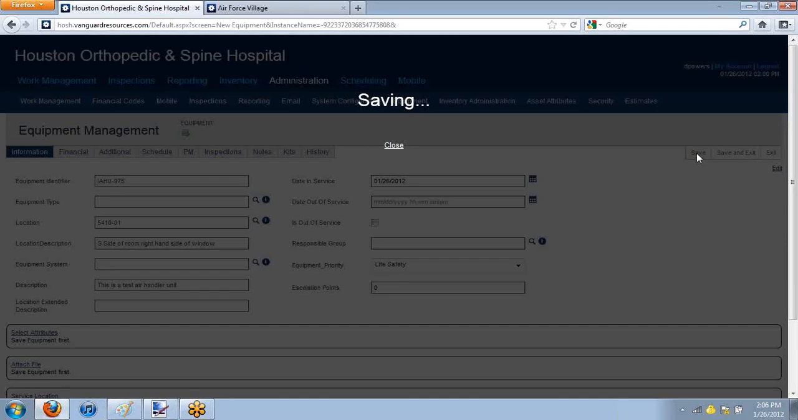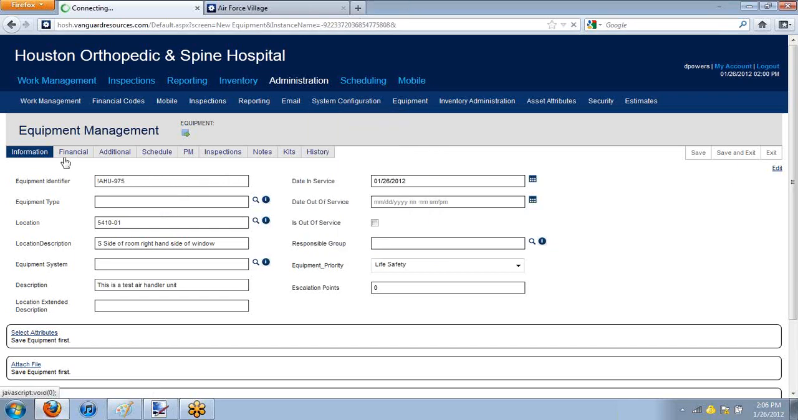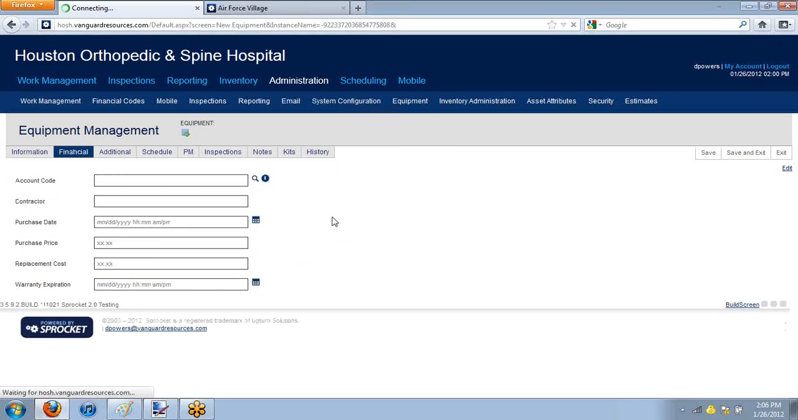Now I like to save before I go to each tab, just in case. I don't want to lose any information that I type in. So I'm going to go ahead and save it. The next tab over is financial. Now for this piece of equipment, I don't know anyone that's really putting accounting codes, but if you wanted to,